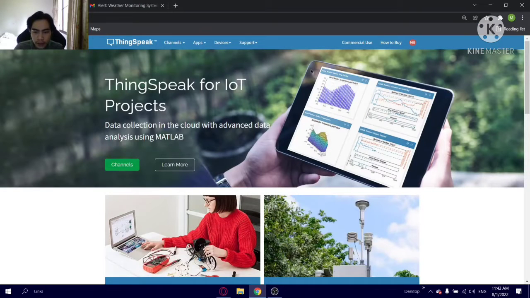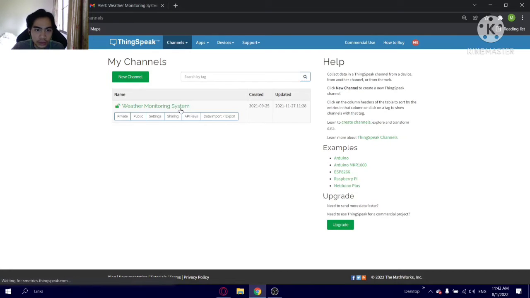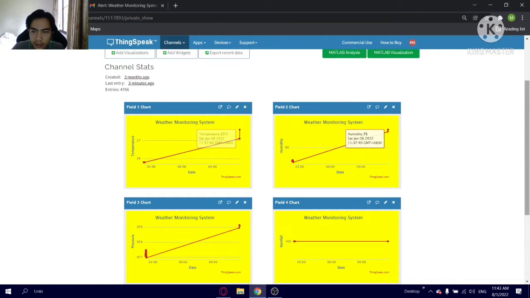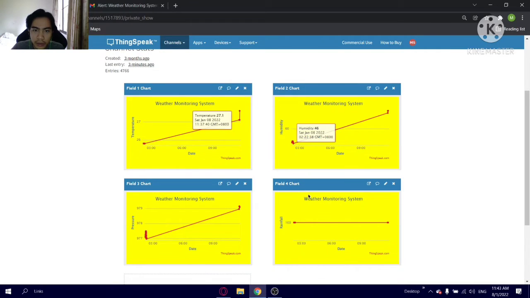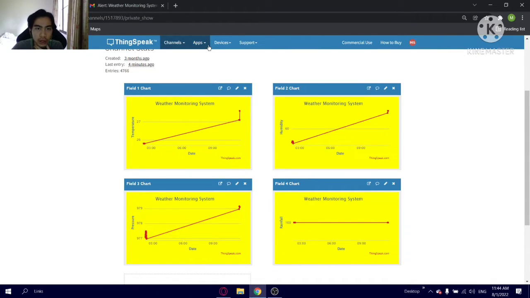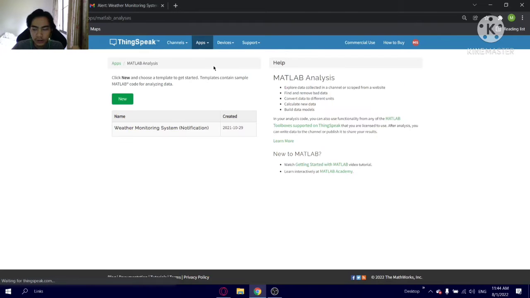Hello, so right now I'm gonna show you the data output, how ThingSpeak received the data from our project. So I'm gonna go to channels, my channels, with the monitoring system that I made. As you can see, this is the data that it received. There should be a graph dedicated to the data that the project received. So I'm gonna show you how the project